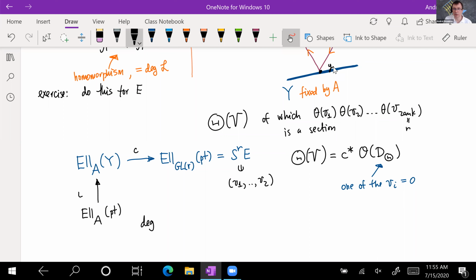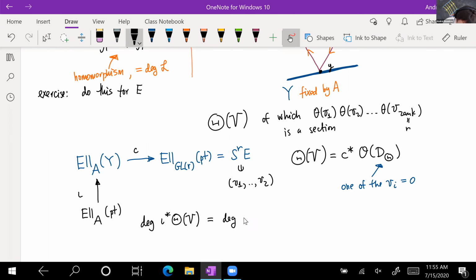The degree is not going to change. So the degree of, take iota pullback of this theta V. So this is some line bundle on the abelian variety, and so this is the same as the degree of